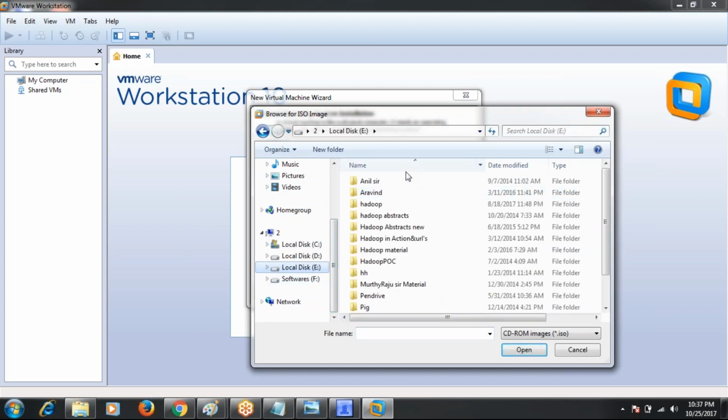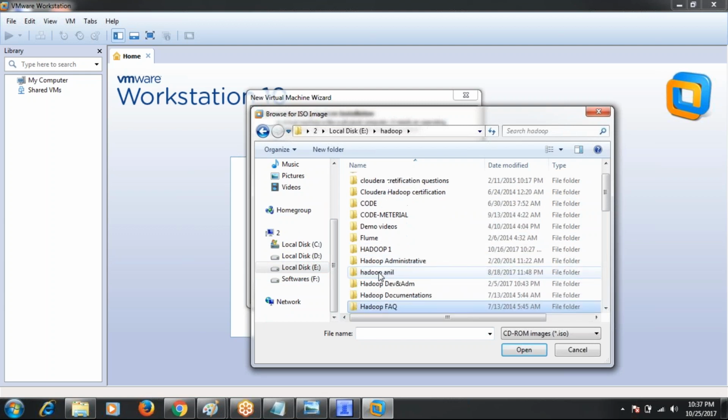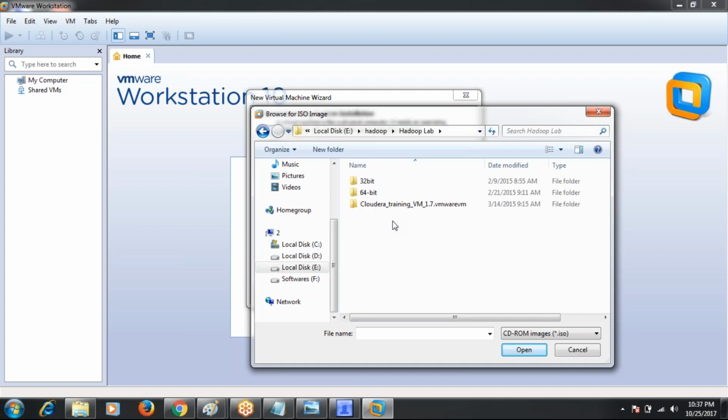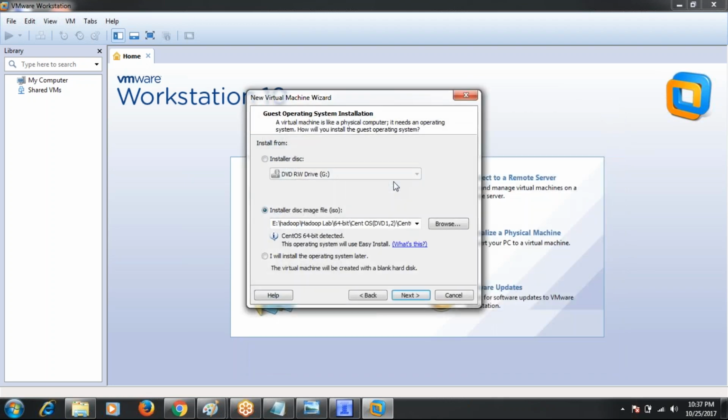Local disk. I'm using 64-bit only. Choose the CentOS DVD one. Next.